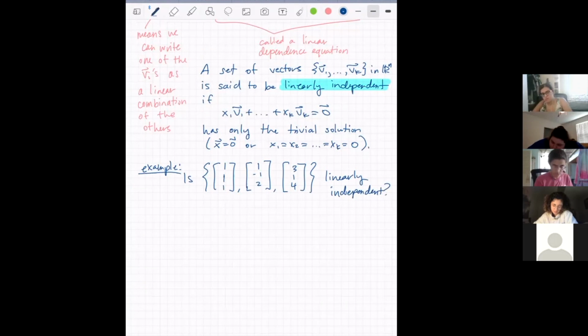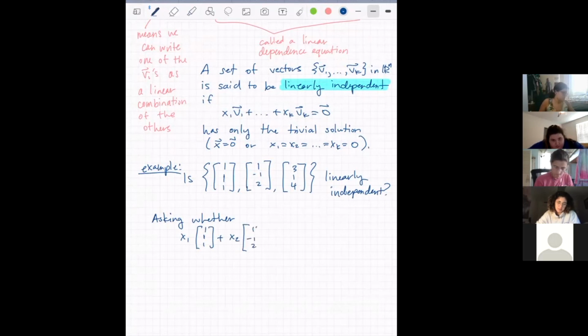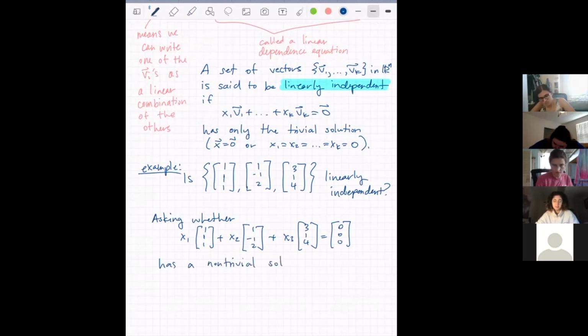And so we're asking whether the equation x1 times the first vector, x2 times the second vector, and x3 times the third one equals 0. Well, might as well write out the vectors. So whether this has a non-trivial solution,